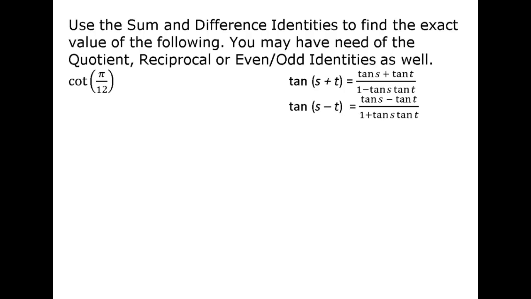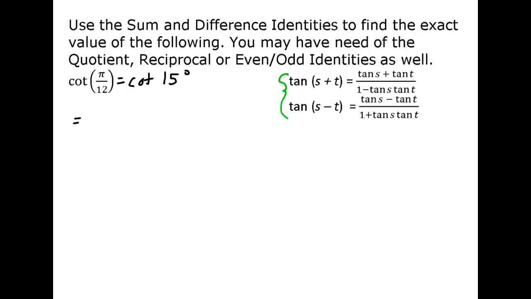So we need to find the cotangent of 15 degrees, because pi over 12 is 15 degrees. I've written a couple of formulas on the right here that we might use to do that. So we have cotangent of 15 degrees. Now that's the same as